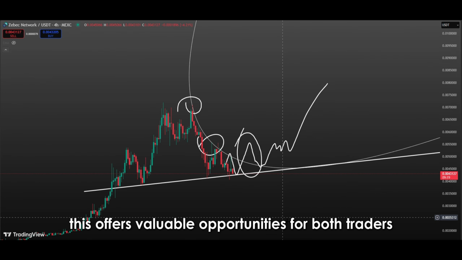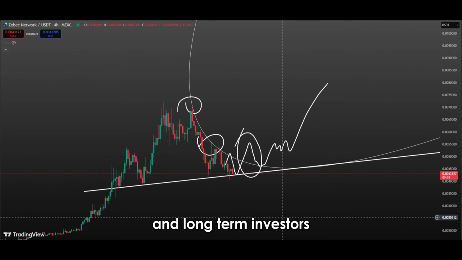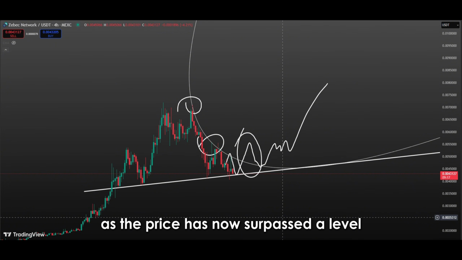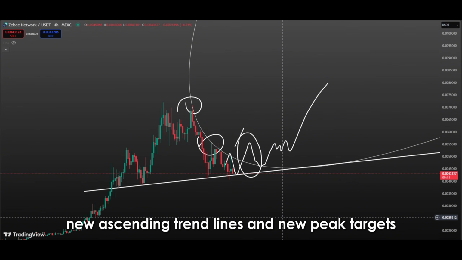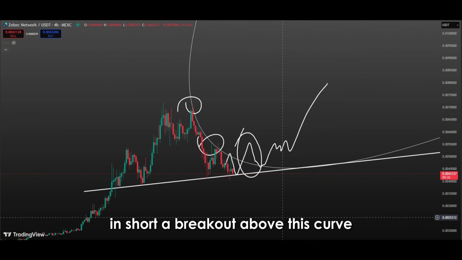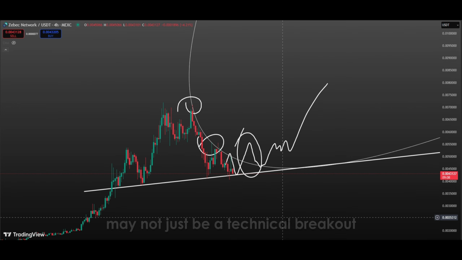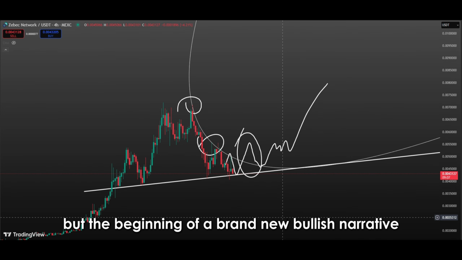This offers valuable opportunities for both traders and long-term investors, as the price has now surpassed a level it previously couldn't and has begun to form a new structure. This structure could lead to new support-resistance zones, new ascending trend lines, and new peak targets. In short, a breakout above this curve may not just be a technical breakout, but the beginning of a brand